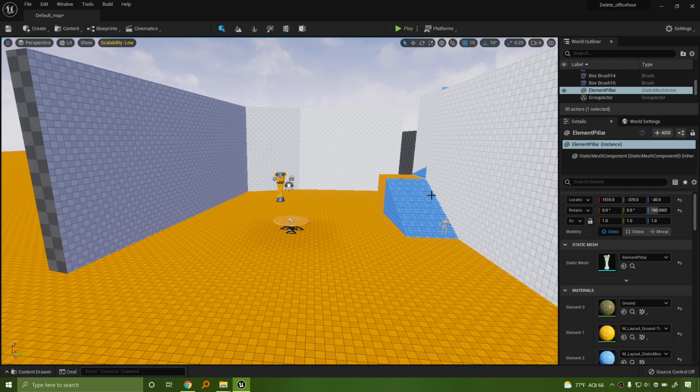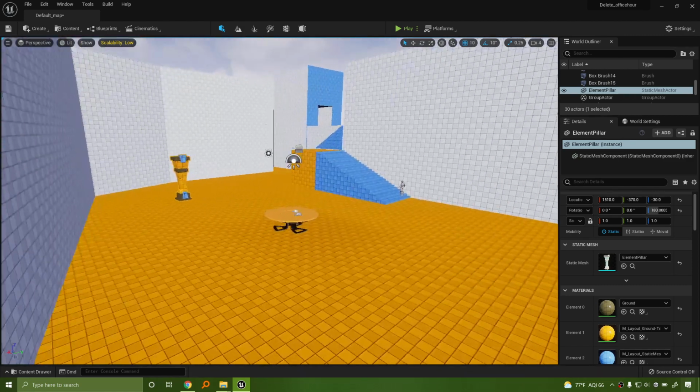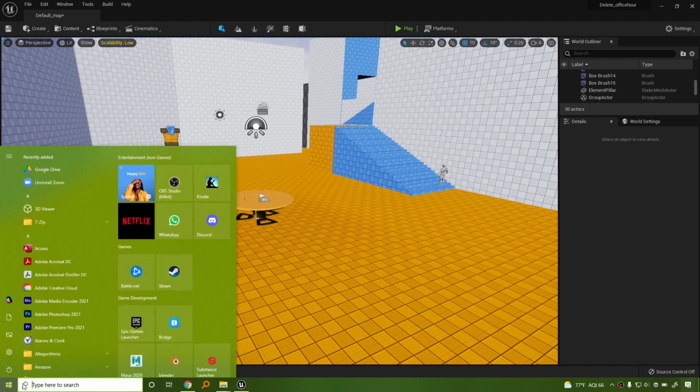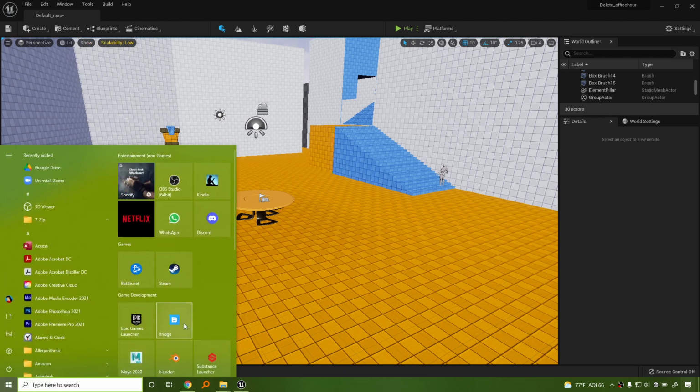But let's say you're done with your quote-unquote grand space. You're happy with how it looks. Everything looks cool. This is something a little bit more advanced. If you have UE5, this is going to be easy. If you have UE4, I don't recommend it because you have to set it up. But the nice thing about it is if we go into content up here, we have something called Quixel Bridge. For those of you who don't have Quixel Bridge, you can download the standalone program directly from Quixel's website. It's spelled Quixel.